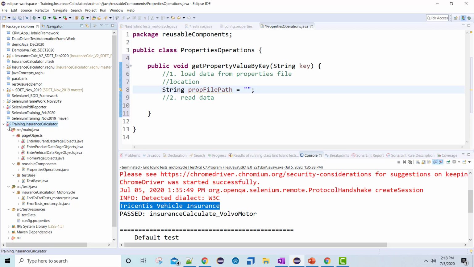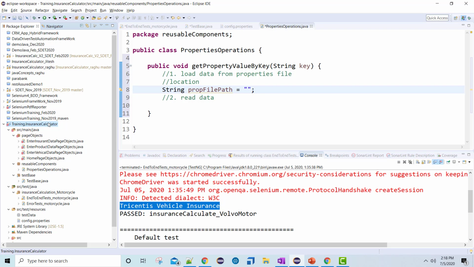Once I reach the project, I will always go to src/test/resources, and within that to config.properties. That is the known path. But the unknown part is where the project location is. In my case it is at this location. When it gets copied into the Jenkins directory, that will be somewhere else. When someone pulls it, that will be something else. So we should not hard code it directly. Rather, we should parameterize it again.